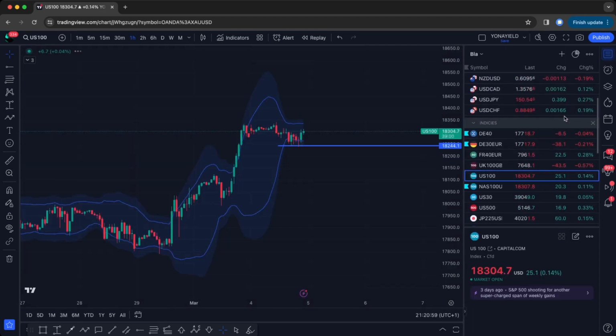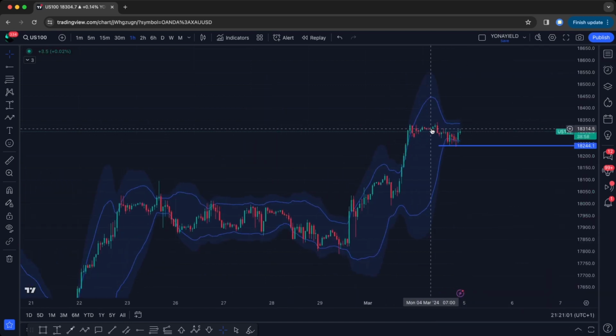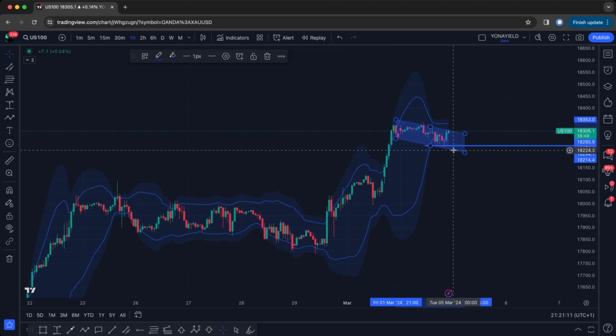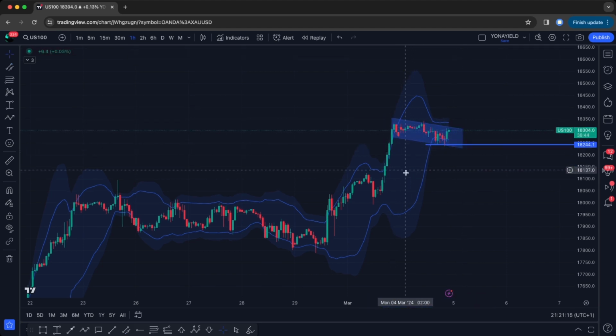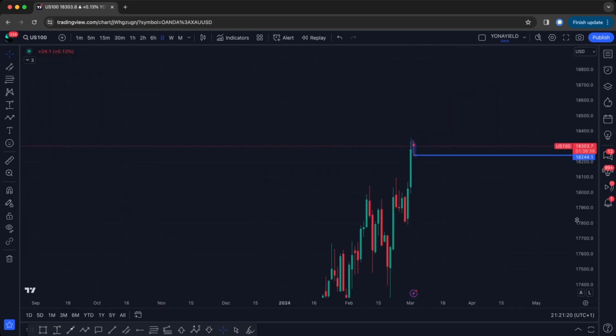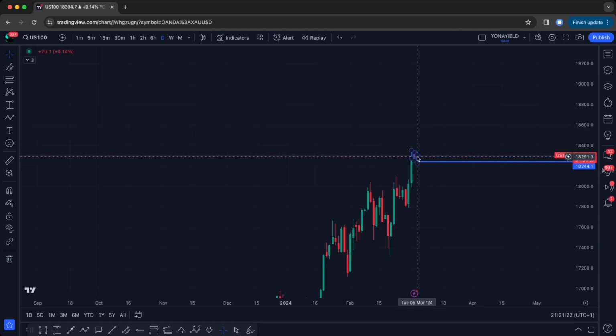Maybe we can look at indices quickly. Here we can also see NAS is stabilizing in the 1 hour. We do have this little flag going on at the moment. Let's have a look there, right? It's something like that. Just drawing it in quickly and messy. So here, further stabilization. Now looking at the daily, there's a red candle that doesn't look so good, but you